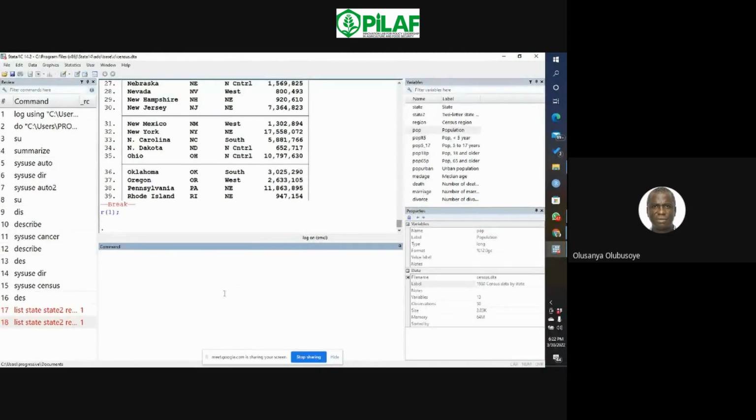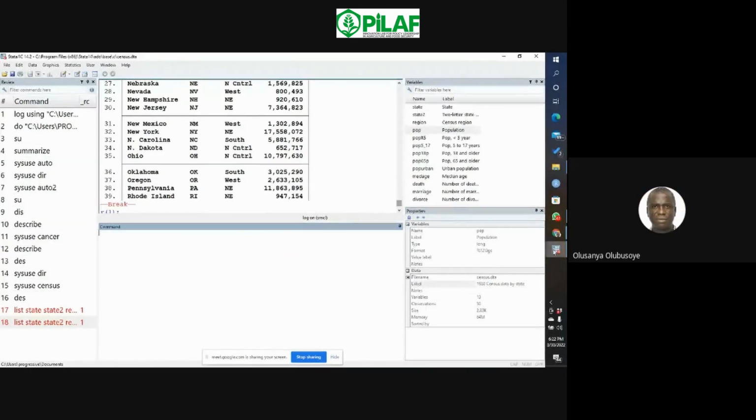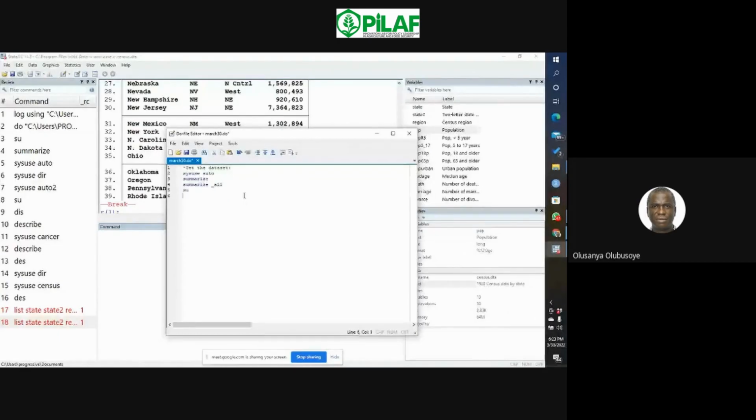Sorry, I didn't get you. Since you work in the command place, is it not possible to work with a do file, to create a do file, write the command and execute the command here? Yes, we could open the do file. The do file is still here, but